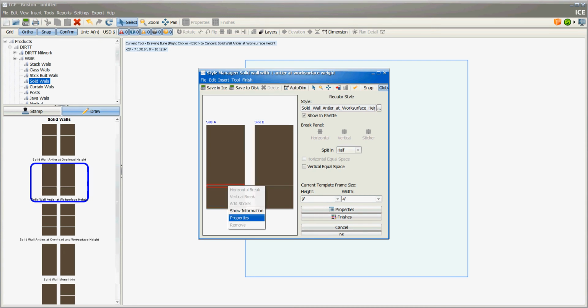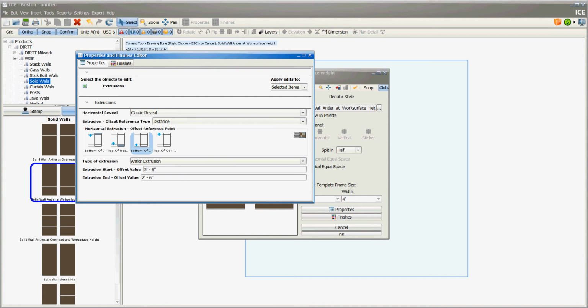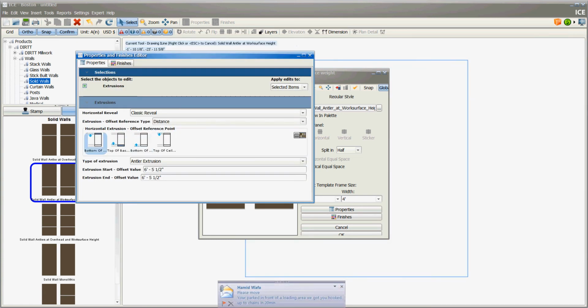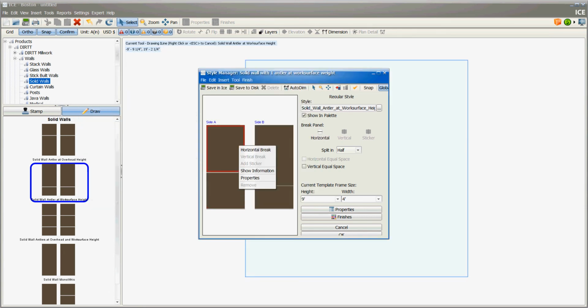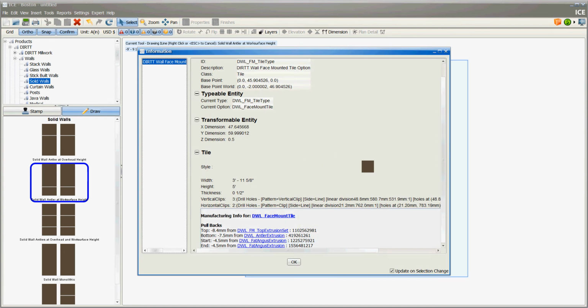This antler is going to need to move. Like I say, we're going to be using this full 5 foot tile height constraint. So from there, I'm going to go to properties. I'm going to go from the top of the ceiling, and I'm going to change this to 5 foot 5/8. And if I did that correctly, let's now check our information, and you'll see our height is now 5 feet,